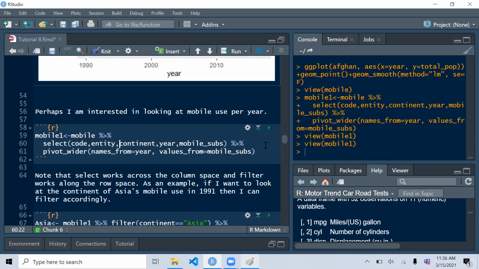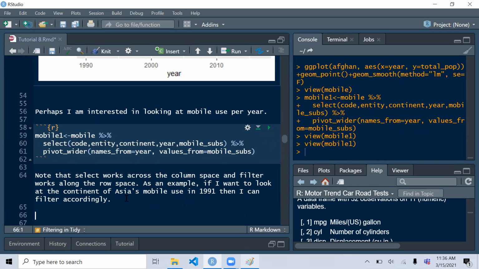So I would always say, why can't I use select or select across the rows? But then I realized that you only really use it to select variables themselves. So both are pretty useful functions, but they're doing different things, right? So make sure if you want to select observations, you use filter. If you want to select variables, you use